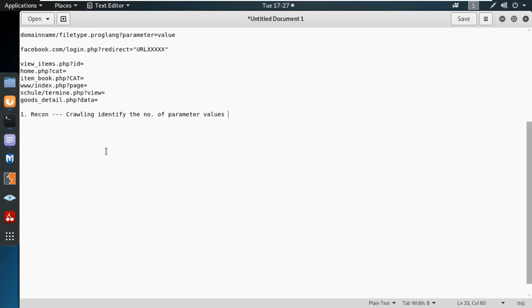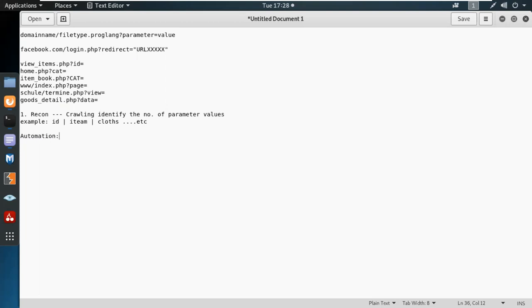The parameter values could be, for example, I will say something like ID. Some might be items. Some might be clothes. It could be anything. So for the automation, we're going to use some automation tool to identify the SQL injection,